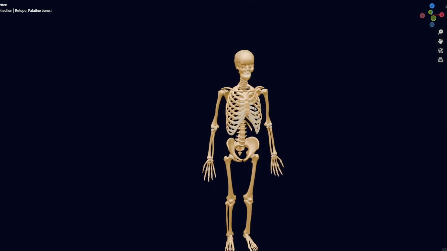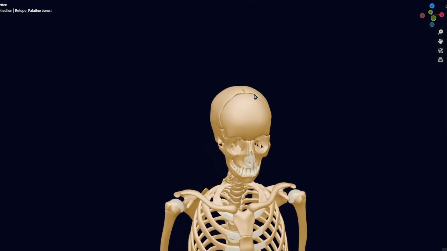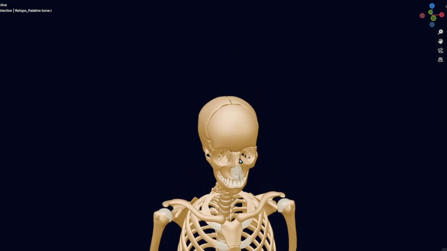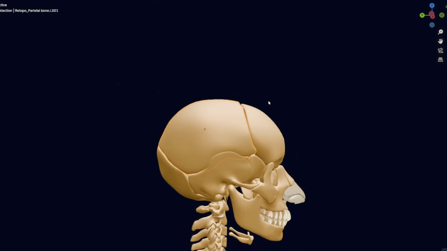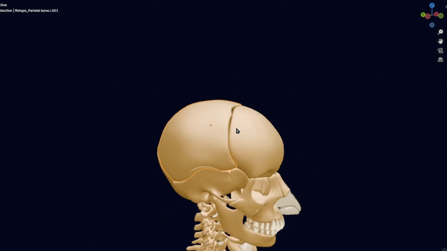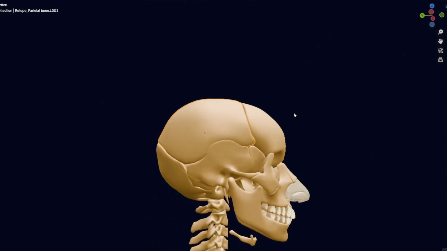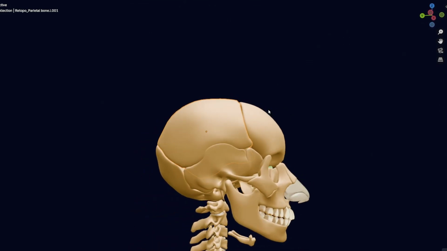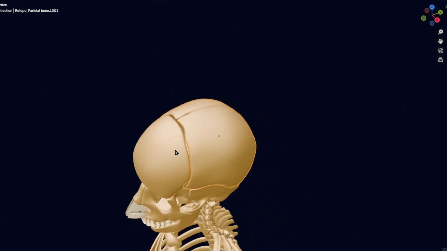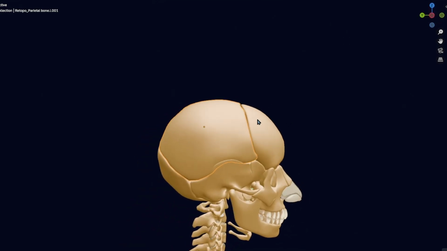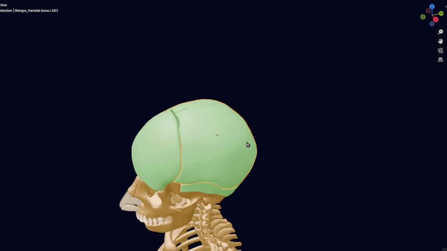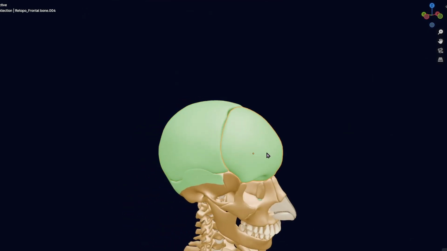So here is the skeleton. Now let's see what bones or parts of bones develop with the help of intramembranous ossification. First of all, let's start with this skull cap, this cap of flat bones, which has to protect the brain. All these bones are flat and they classically develop with intramembranous ossification. It's a relatively faster process, they have to protect the brain, and of course they are flat, so naturally they develop with intramembranous ossification, and they include